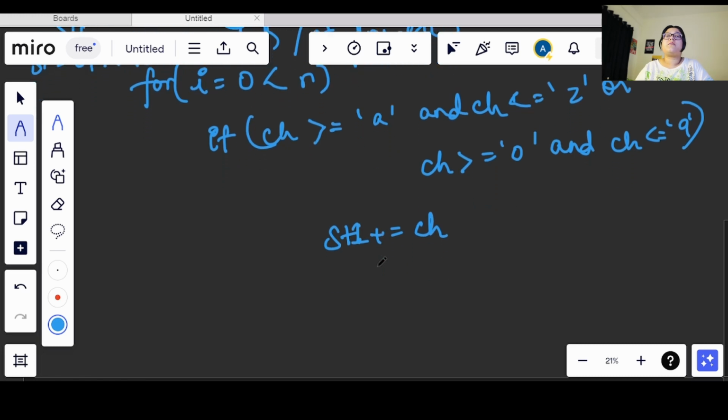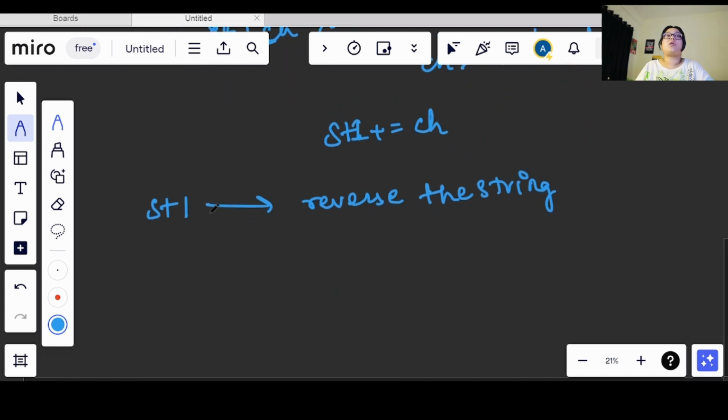This will give us a string with all the characters that are not alphabets or numbers removed. Okay, now after that we have two ways. Either we can reverse the string, or the other way, the optimal way, is using two pointers.